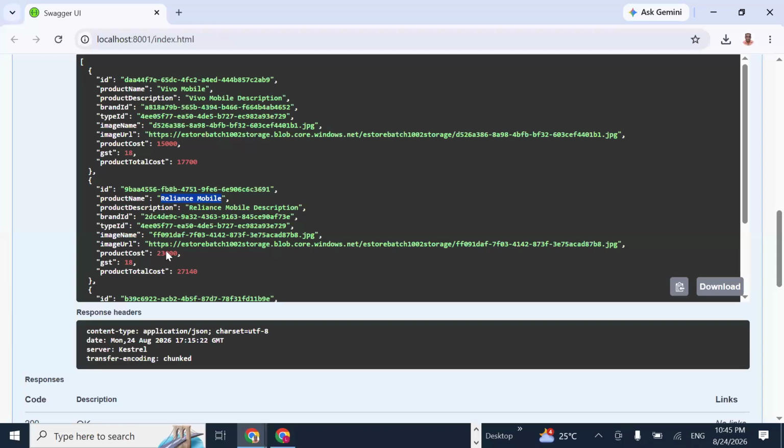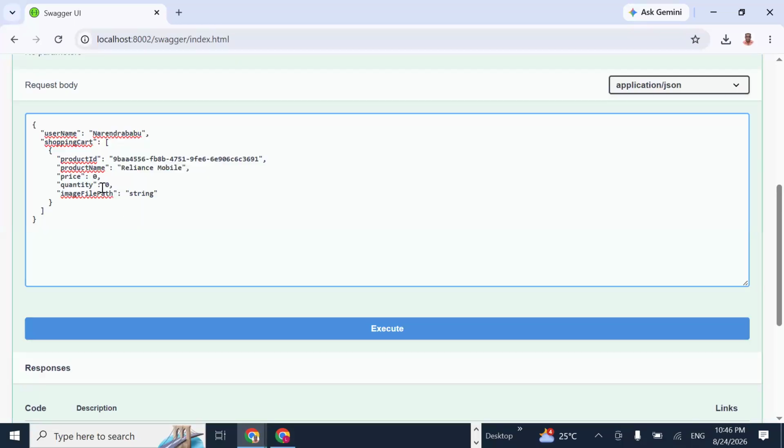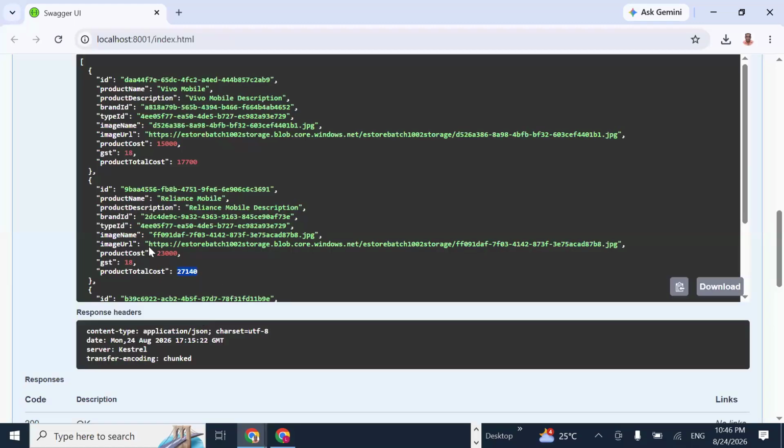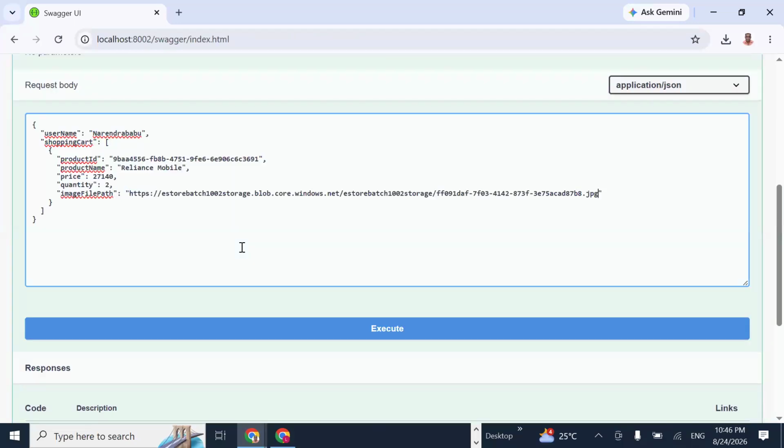Which I have, 27. Okay. And quantity, I have 2. And then the string, image file path. So I'm going to take this URL. Once I've done this, I'm going to